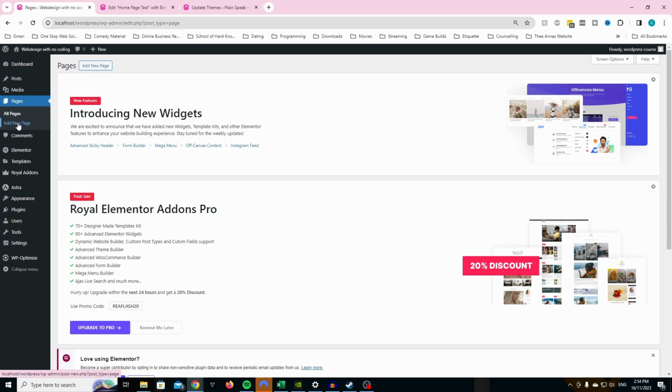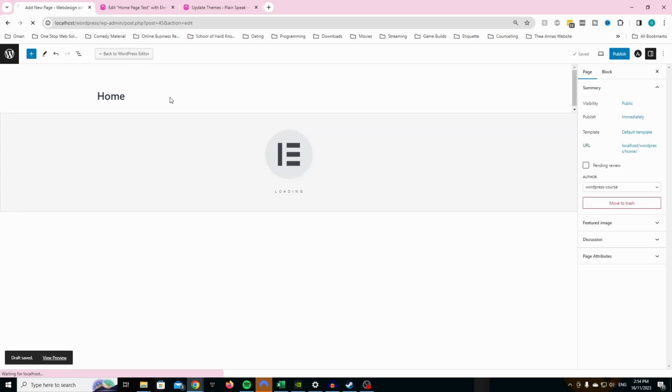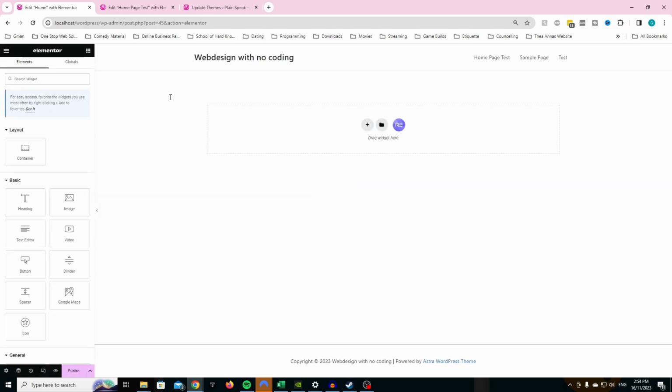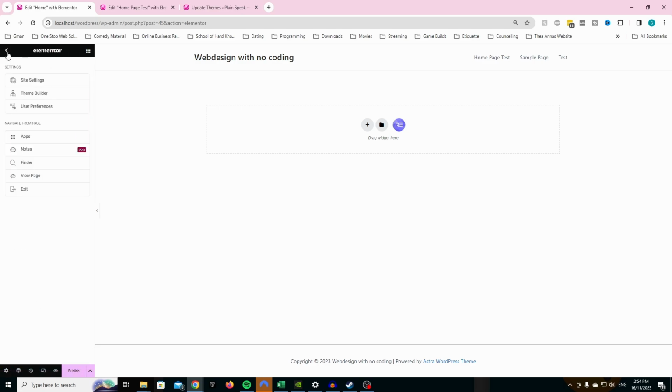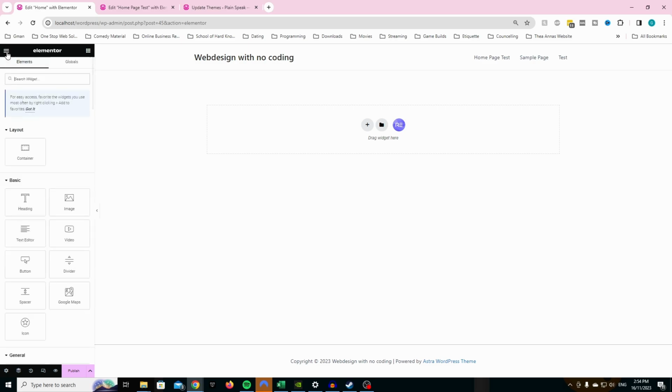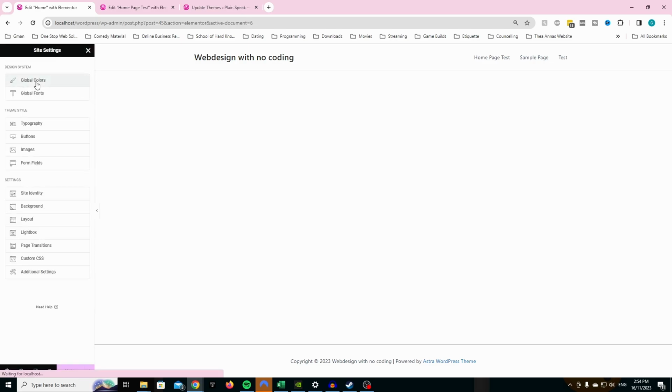So what we're going to first do is click on Add New Page, and we're just going to call this the Home page. Then we're going to click on Edit with Elementor. Now, we're going to do a couple of things. We're going to go into the settings here, or actually it's not the settings. We're going to click this little hamburger icon up here and go to Site Settings and